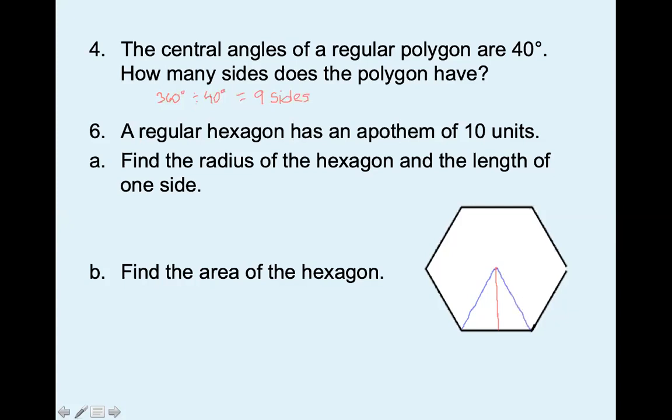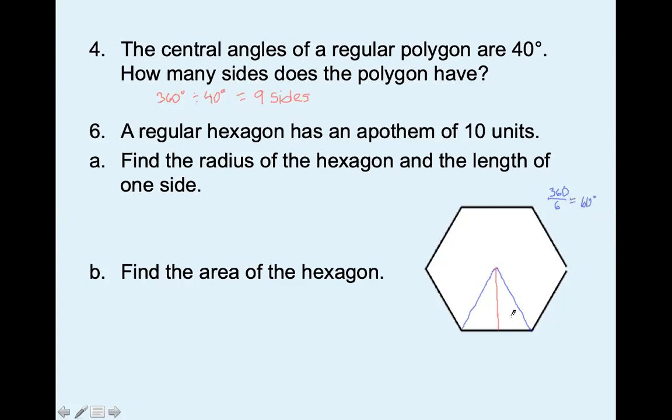If I look at this hexagon, I can make 6 of these triangles within a hexagon. If I take 360 and divide it by 6 sides, each one of those central angles in this case has a measure of 60 degrees,